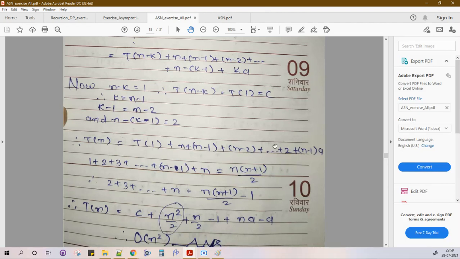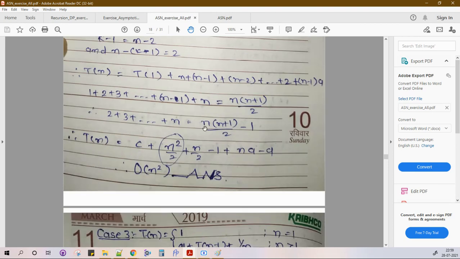So this series is nothing but the reverse. I have written the arithmetic progression: 1 plus 2 plus 3 plus 4 plus up to n. So I have just written it in the reverse order: n minus 1, n minus 2, n minus 3 up to 2, right? Just 1 is missing. So if I write 1 plus 2 plus 3 up to n, it is nothing but n into n plus 1 by 2. So what would this series be if I start from 2? So I just subtract 1 on both sides, right? Reduce 1 on both sides. So it is nothing but n into n plus 1 by 2 minus 1. So I know the value of this series now.